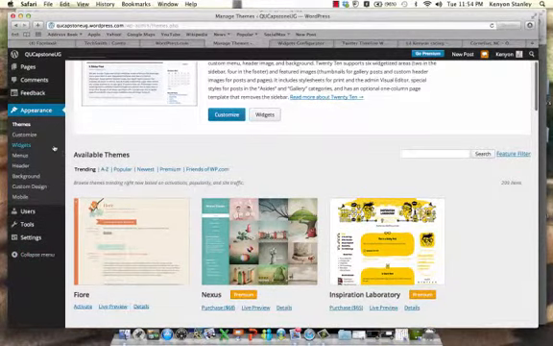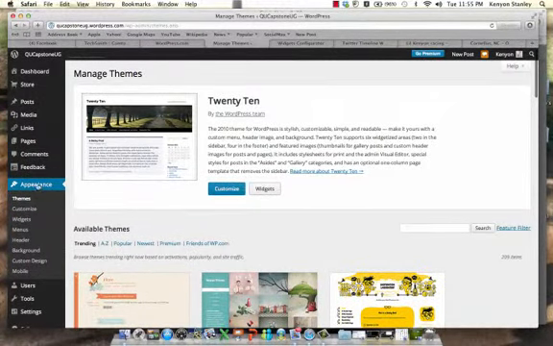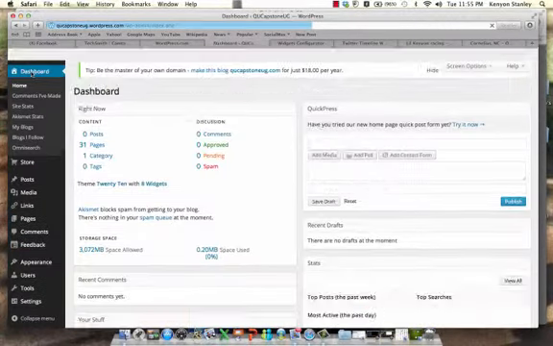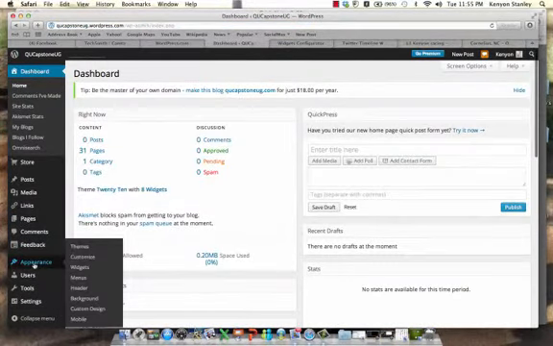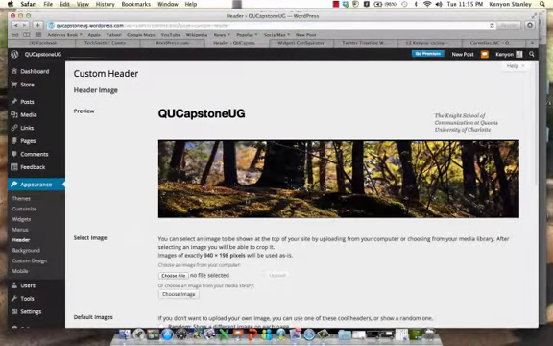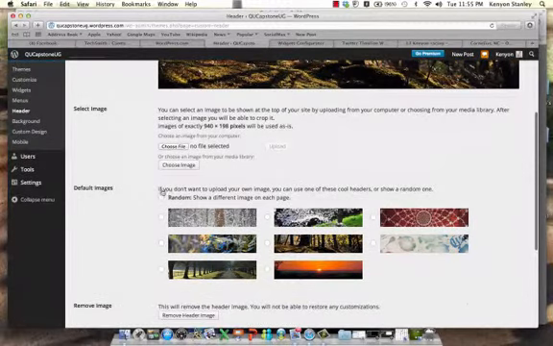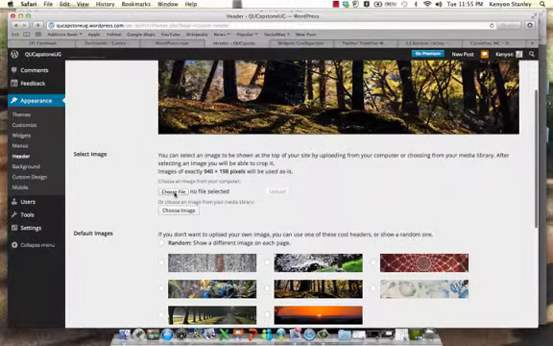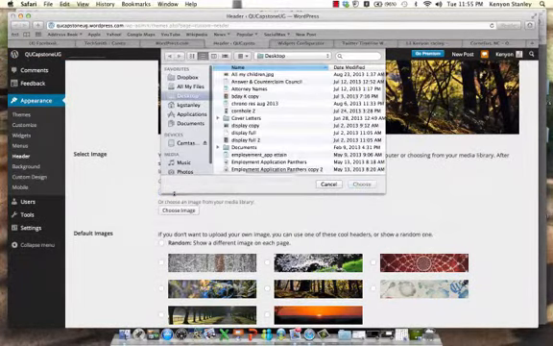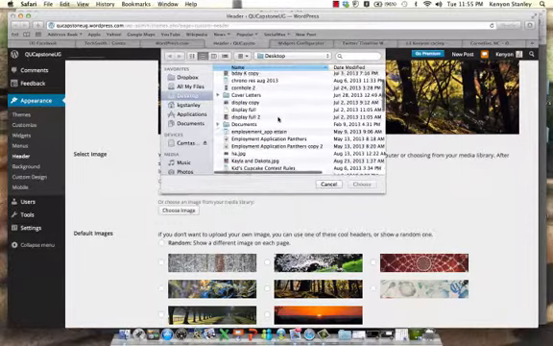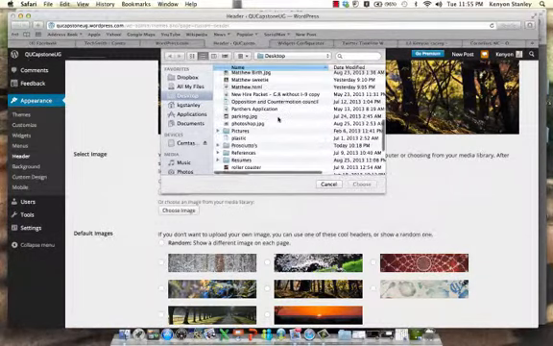Let's go ahead and go back down. And I also want to show you how to change the header. So let's go back to Dashboard, Appearances, Header. Here's the header pictures that show up on there. These are the ones that come with it. You can show a random one each time, or you can actually upload one of your pictures from your computer, I believe with